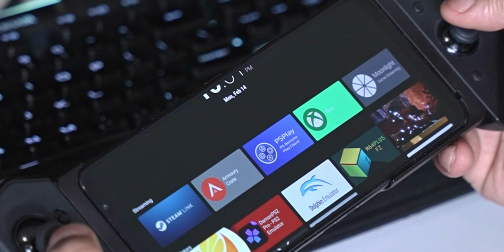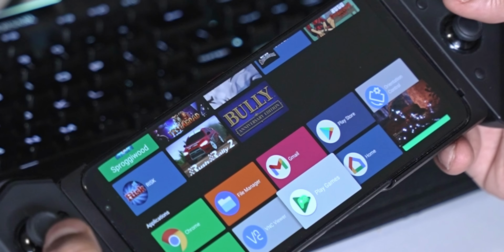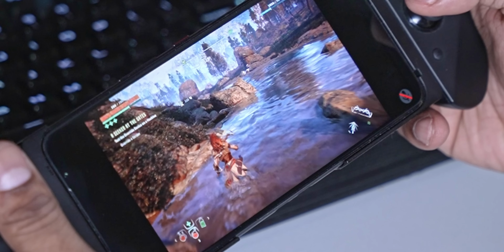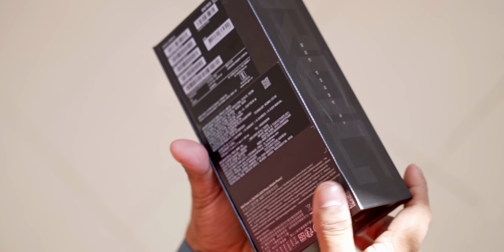Ever since it launched, the ROG Phone 5 has been my go-to gaming phone. I have an entire setup on it. I've got emulation running, I have native Android games that I play, I stream a lot from my consoles and my PC to it. Now with the ROG Phone 5S, we do get Snapdragon 888 Plus and not Snapdragon 8